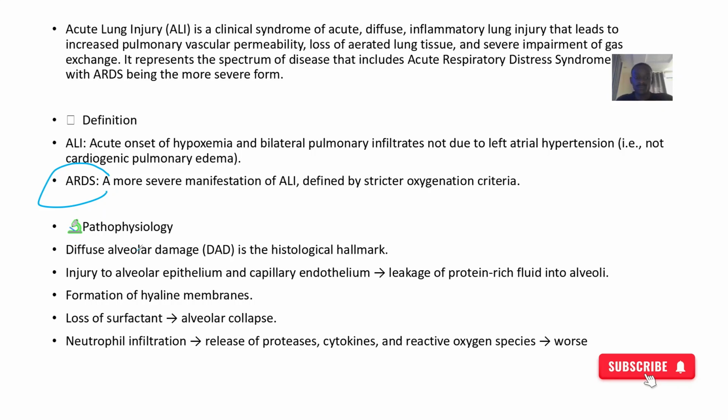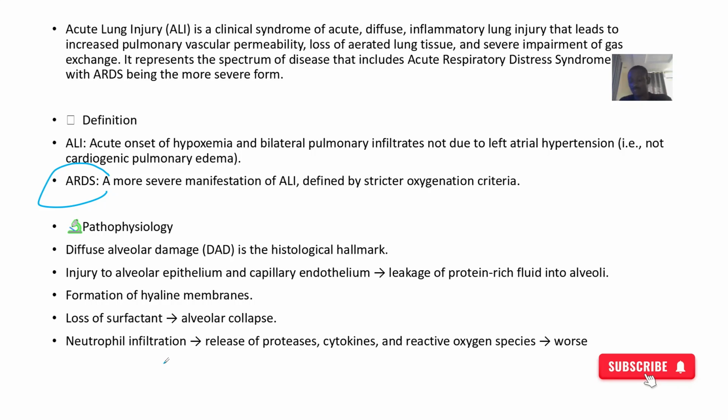So what's the pathophysiology? There's actually damage to what? The alveolar cells. So due to damage to the alveolar epithelium and capillary endothelium, things can now leak out. Okay, so there's leakage of protein-rich fluid into the alveoli. Things can leak out, things can leak in. Do you understand? So there's formation of hyaline membranes, loss of surfactant, and neutrophils will now be infiltrating, which will basically worsen